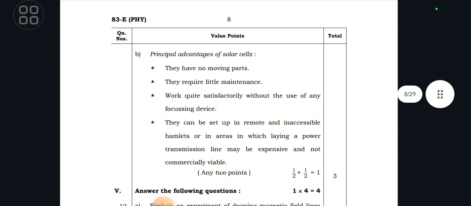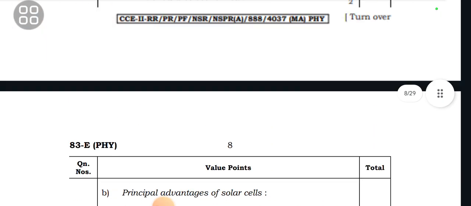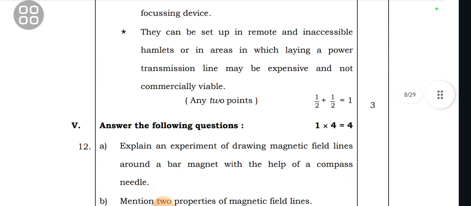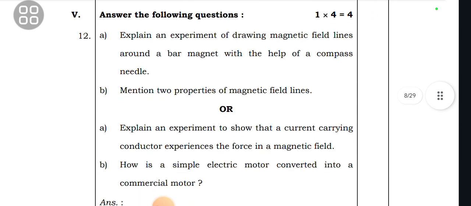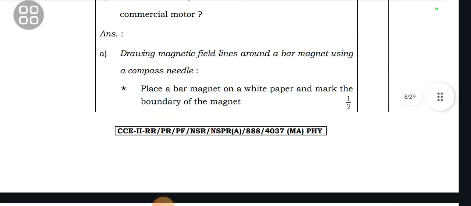Any 2 points they asked, but it is necessary to mention more than 2 points because if any point goes wrong also you will fetch good marks. Answer the following questions. It is for 1 question for 4 marks. Explain the experiment of drawing magnetic field lines. Means here you have to